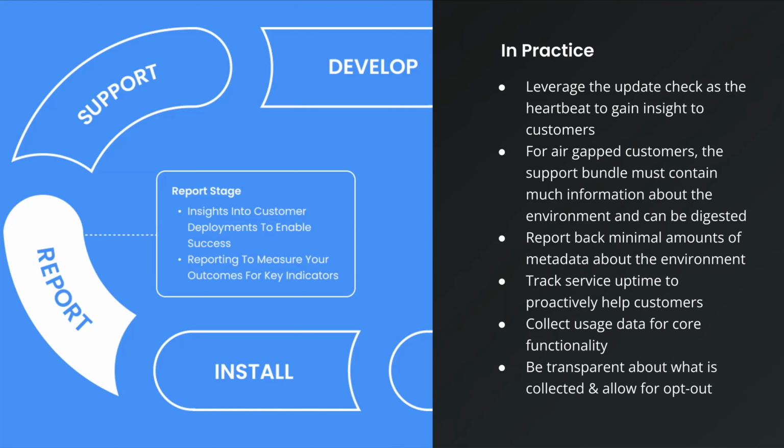And then, I think additionally, maybe with an opt-in or opt-out option for a customer, is to understand usage data for core functionality, right? And again, this is usage metadata. You're not collecting what are the usernames, you're collecting how many users were active in the last 24 hours. How many projects did they start? So it's sort of summary data to give you insights as to usage, and you roll that up as metadata